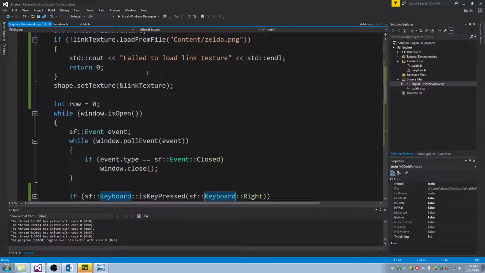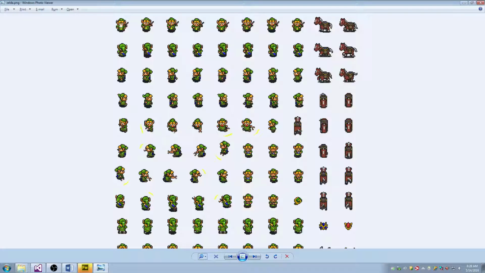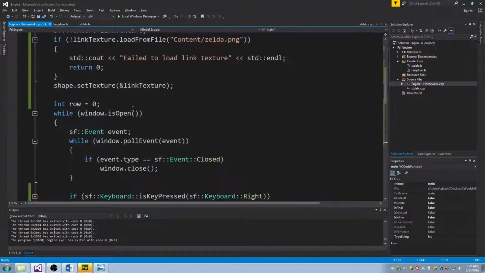Last week, a bunch of you guys were asking for help or tips on what to do, and one of the tips I gave you was to always be animating Link. Right? You'll always want to be animating. So how does animation work? Well, animation works because you will cycle through the frames. You'll change the column that you're on, and it will reset back to the beginning once you're done. Link here has 8 columns, so once he's gone through all 8 columns, he needs to start back at the beginning. So if I make a column variable,